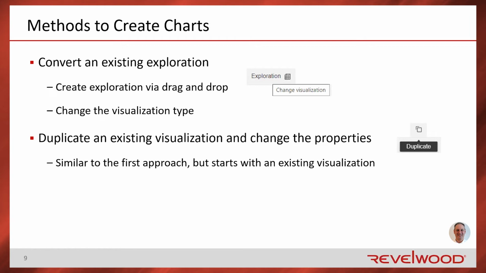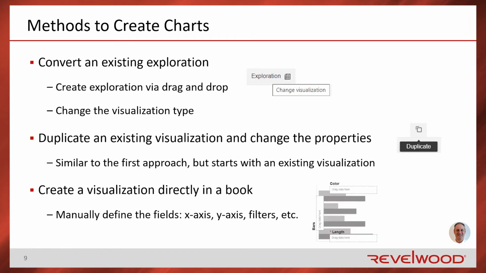And the third approach is a little less wizard based. It's much more built from scratch. And I could create a visualization directly in a book. This gives me the ability to manually define, what do I want on my various axes? What do I want to filter? What do I want to format? So those three approaches are the ways that I can navigate some data, click on a button and say, make it a chart. So what I'm going to do now is I'm going to turn it over to Dylan, and